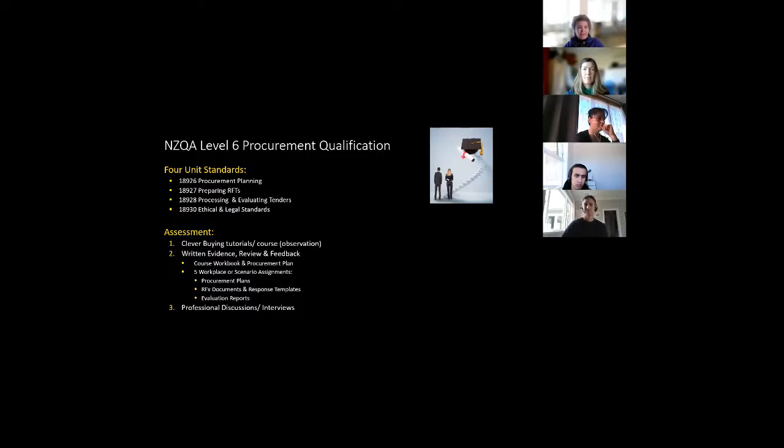The costs and funding, look, normally these are the costs that are involved in getting this qualification. So the 2-day course or the online alternative is $1,400. The assessment and coaching and mentoring, typically people go through the qualification at different speeds. Some need more input from their assessor, some need less, but there's a cap that is placed on the funding for that at $3,000. And then Connexus ITO, which is the organisation that manages the interface with NZQA, has some